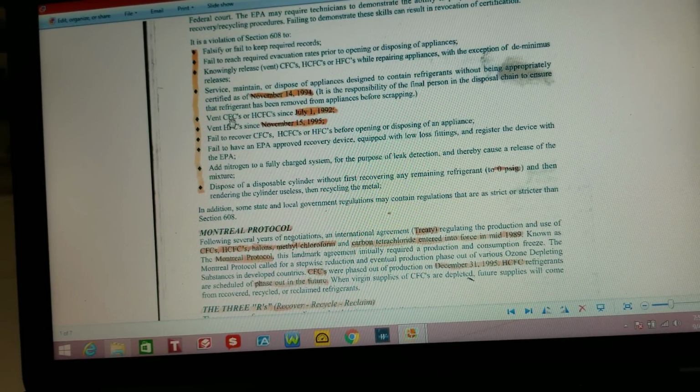Another violation is if you vent CFCs or HCFCs since July 1st, 1992. If you vent HFCs since November 15th, 19